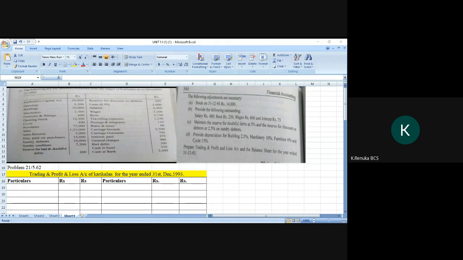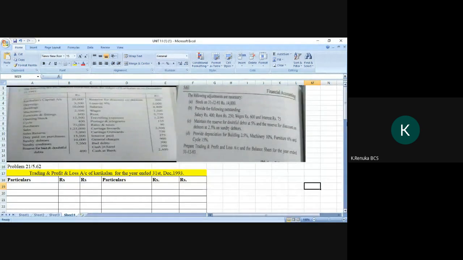Good morning. In today's class, we are going to see problem number 21 in financial accounting, final accounts. The question is: the following are the balance sheet balances extracted from the ledger of Karigalan as on December 31st,